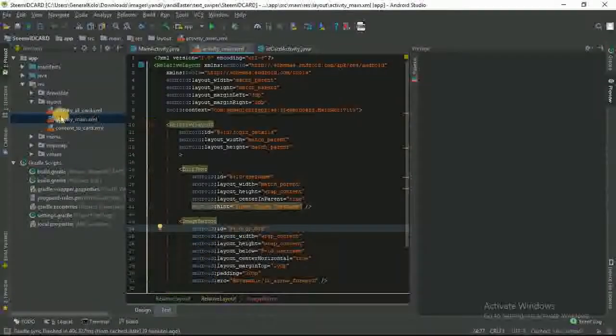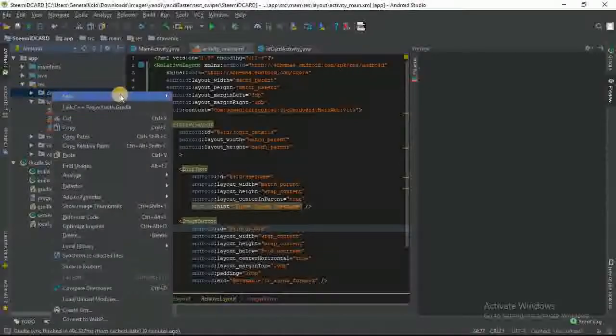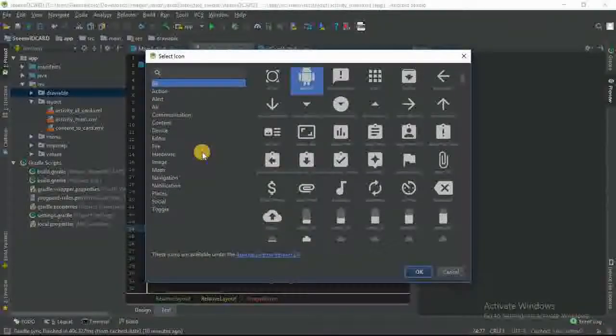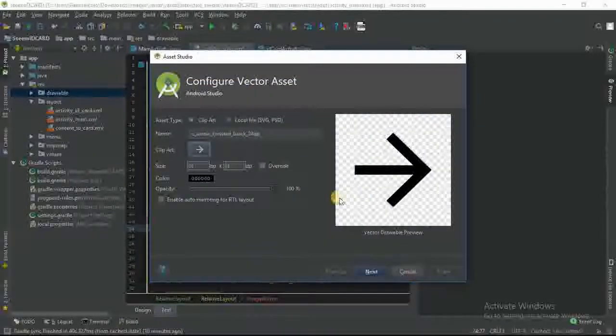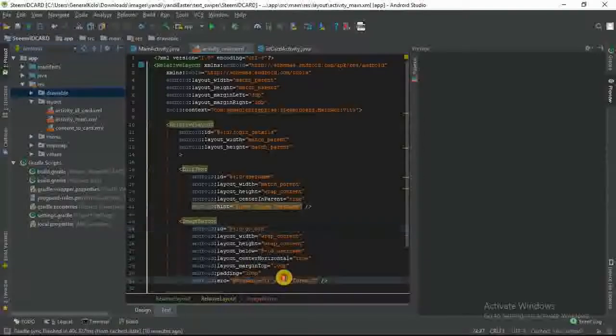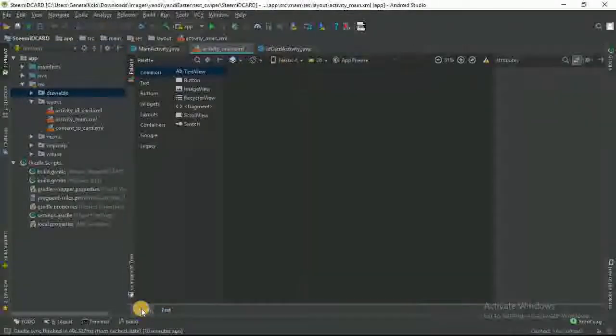So in order for you to get that vector asset, you come to your drawable folder under your res folder, which stands for resource. Under drawable, right click, new vector asset, you click on the clip art in order to change it, and then you click on the arrow forward, you click on next. So in order for you to follow this tutorial, you just rename this. Okay, click on next, and then if you are done, you click on finish. All right, so we set the source to a forward arrow,